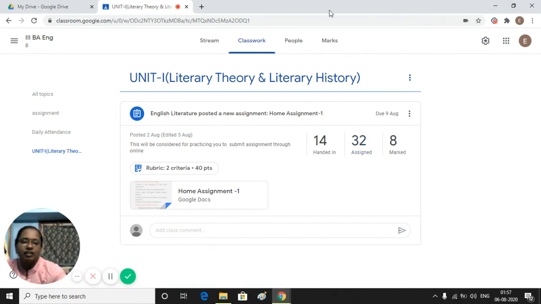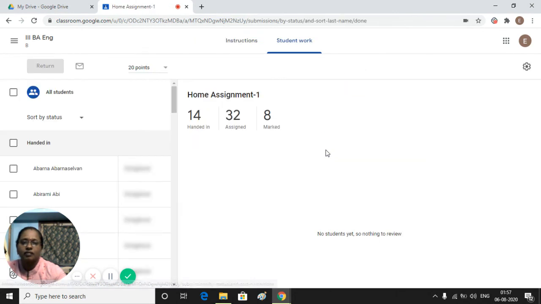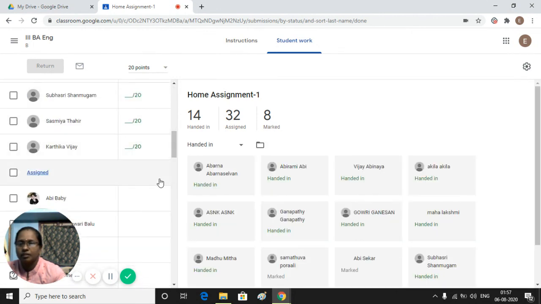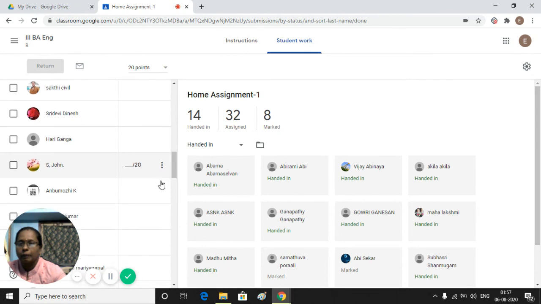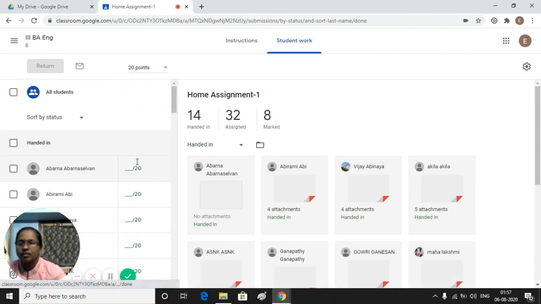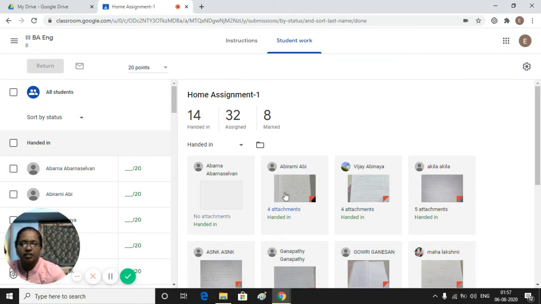After that, if you click Handed in, those who have handed in will come up here. These people handed in the assignment. You can check it; their assignment will come on this side.